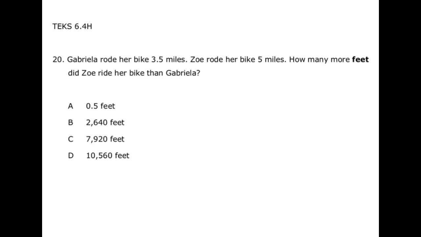Gabriella rode her bike 3 5/10 miles. Zoe rode her bike 5 miles. How many more feet did Zoe ride her bike than Gabriella? So, Zoe rode her bike 5 miles, and Gabriella rode her bike 3 5/10 miles. So when I want to figure out how many more feet